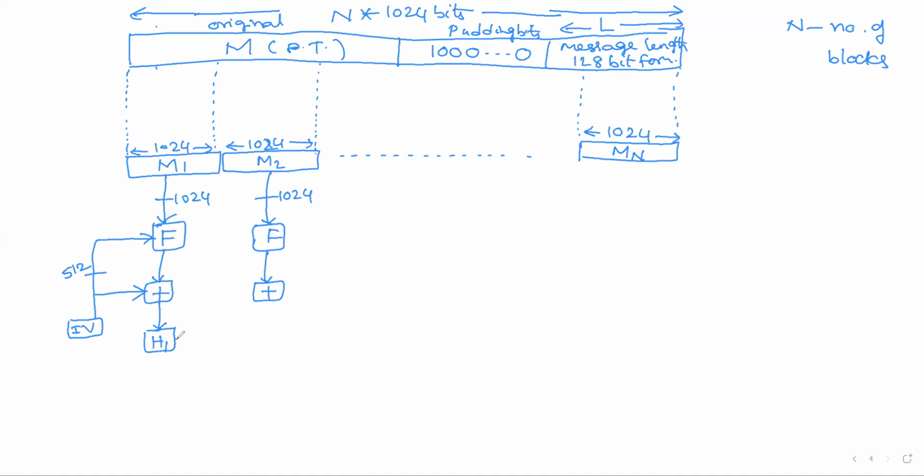For these two, we give one more input, like cipher feedback chaining mode. Here we give the previous block's hash code as input. This is nothing but H1, hash code 1. This is also H1. The output of this addition modulo 2 power 64 produces the hash code for